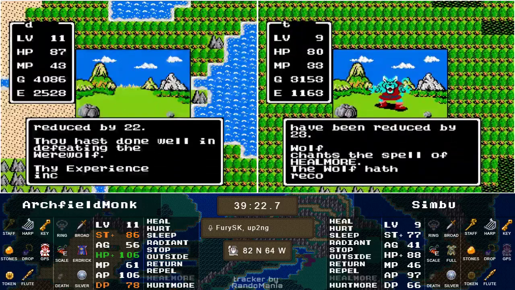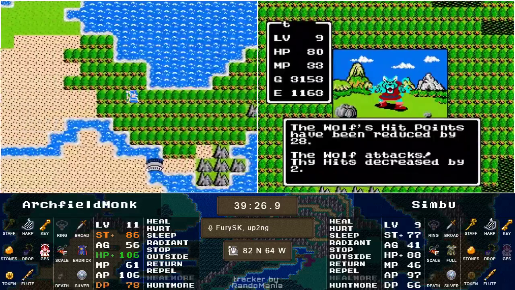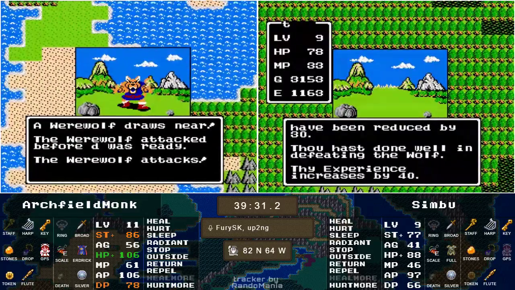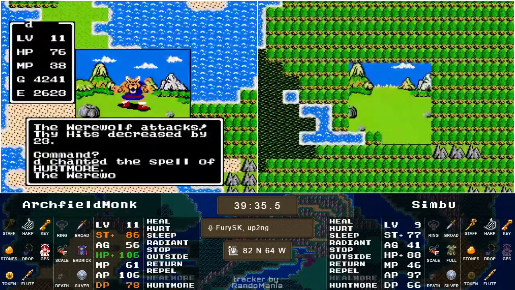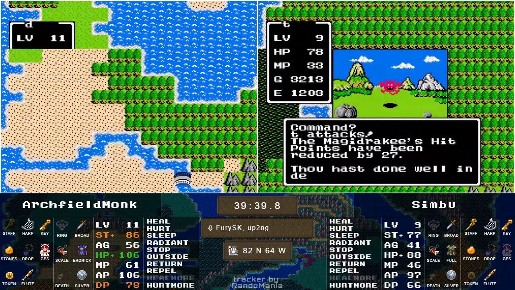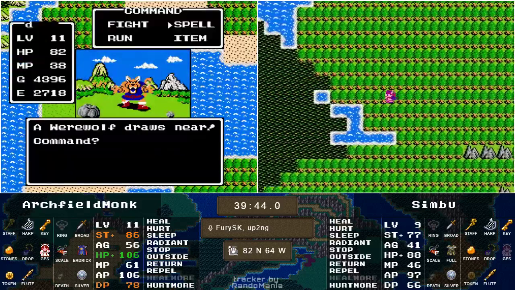Looks like Swamp South is northeastish of Cole, which I believe is on the western side of the first continent. And since Simbu got keys, do you recall him going into Garenham to open those 3 chests and check out the